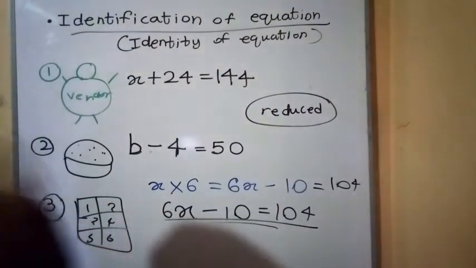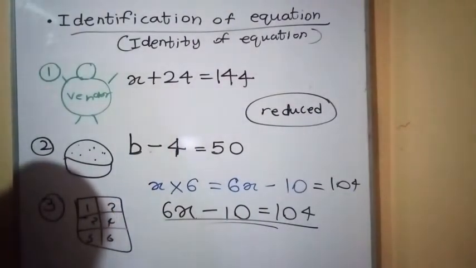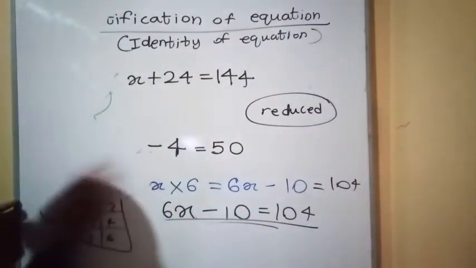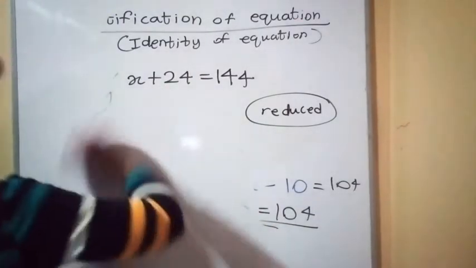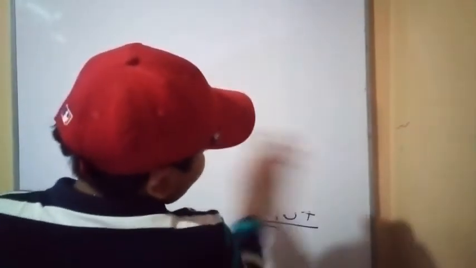This is a very consistent way of identifying equations, right? Grade 7 students, if you write these in your book, this is a very consistent way. Then you can pass grade 8 with excellent knowledge of equations, right guys? Now watch the video until the end. Okay, that's the 3 also finished.